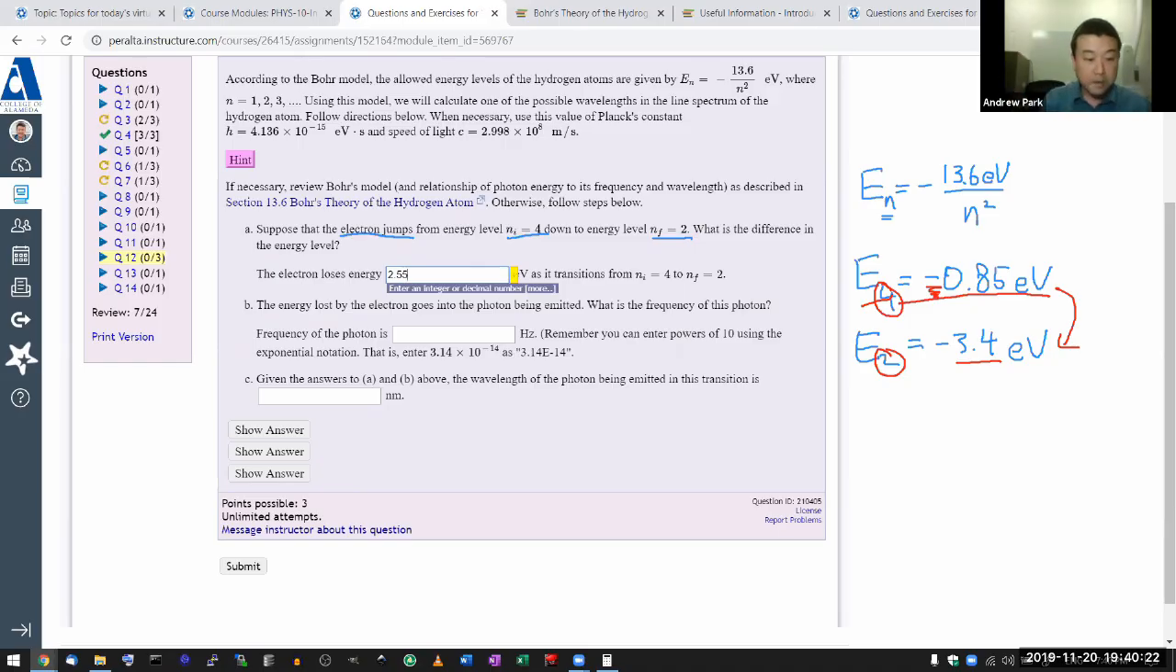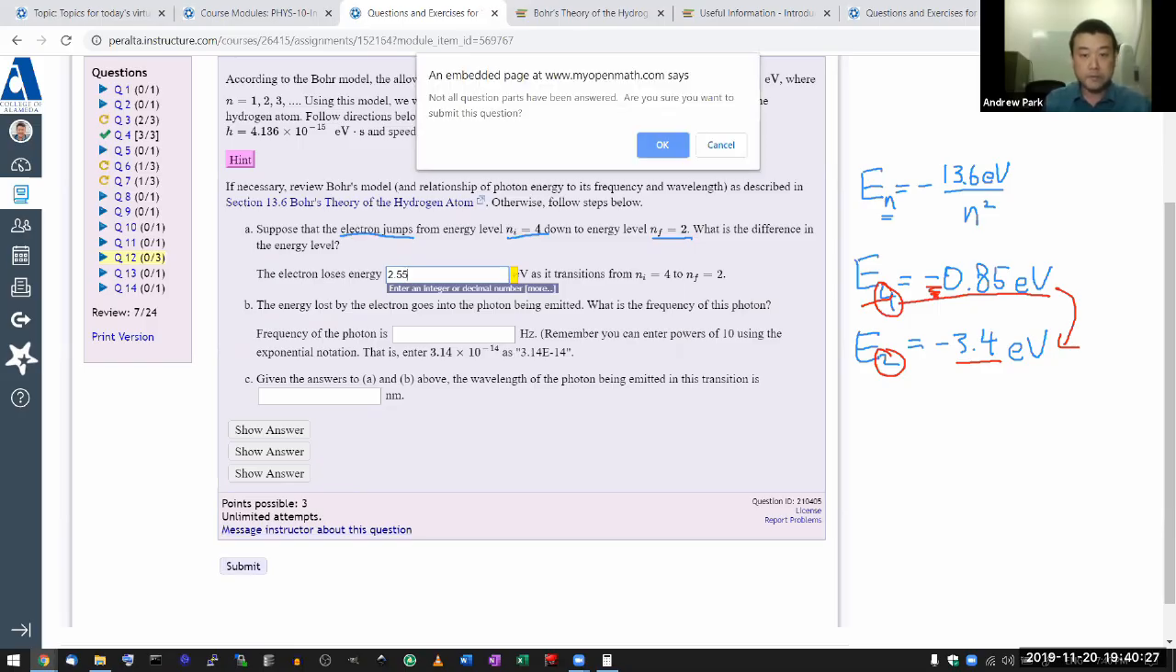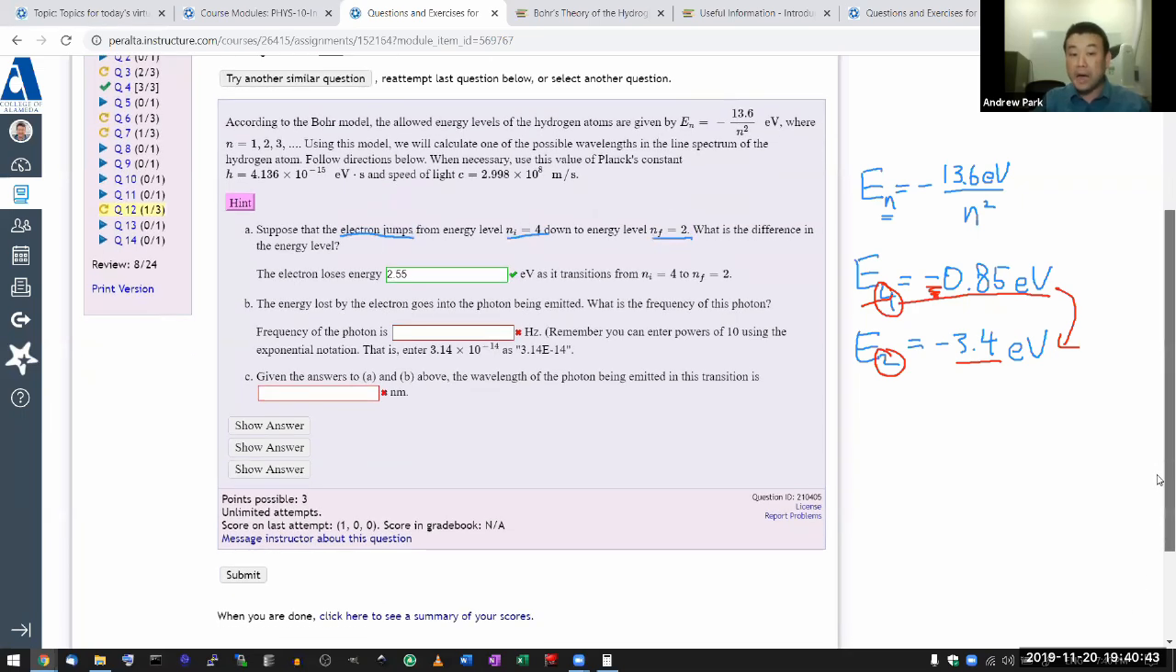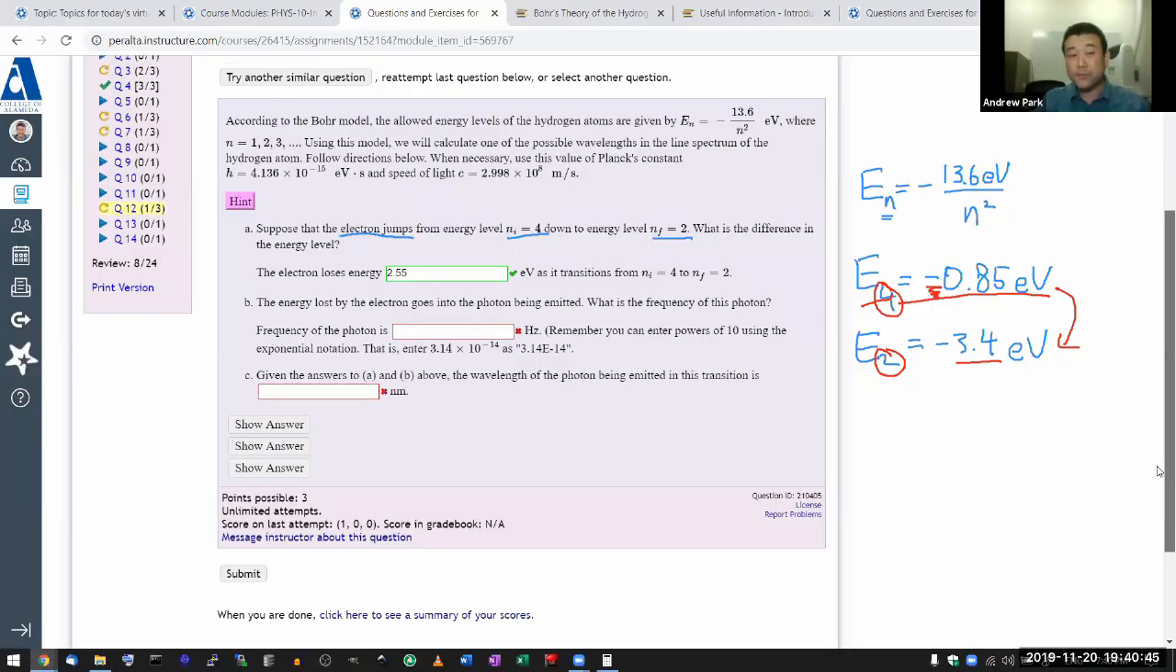All right, let's see. Let me submit it and see if I get the correct answer there. Submit. Oh, good. All right, let's keep going. So in a question like this, I do highly recommend that you do the earlier part first, because you need an earlier part to get the answers to the later part, because part B relates to energy lost by the electron, which goes into the